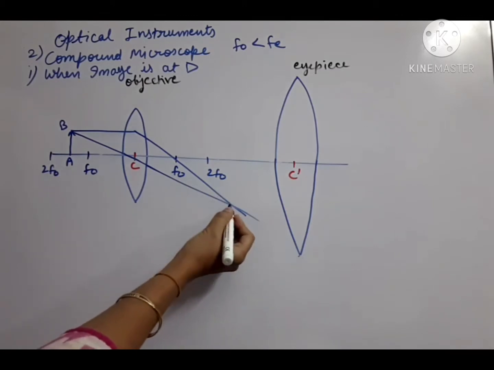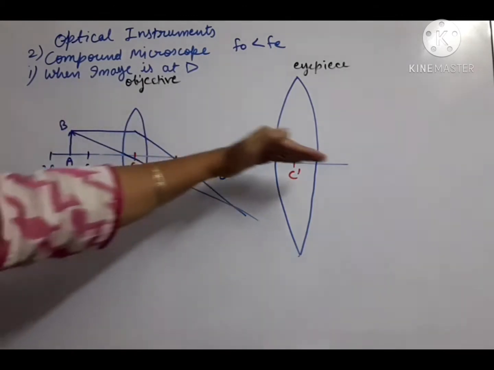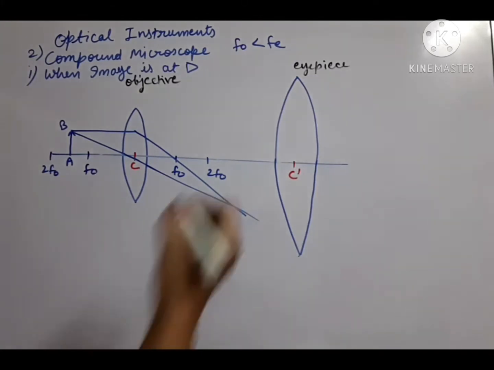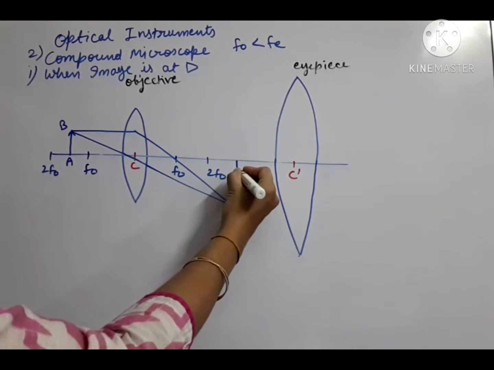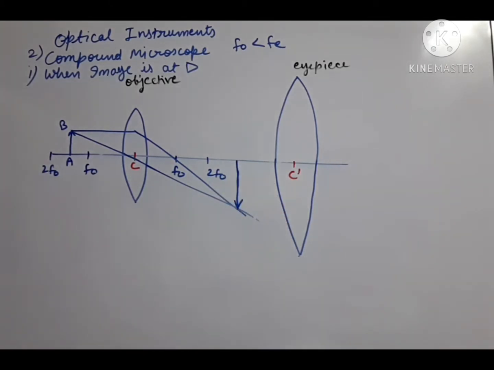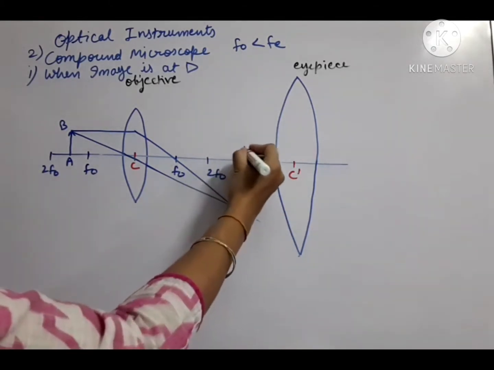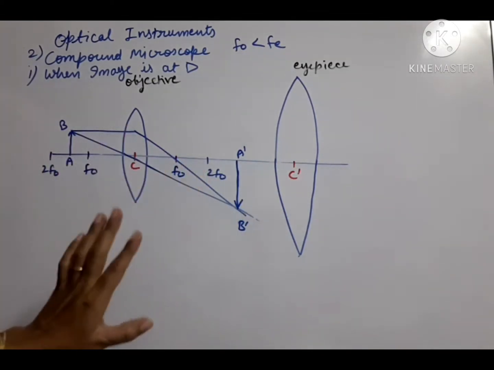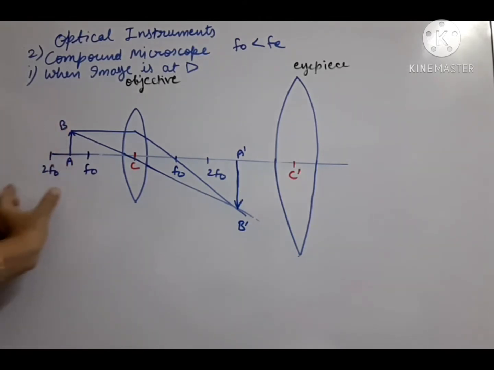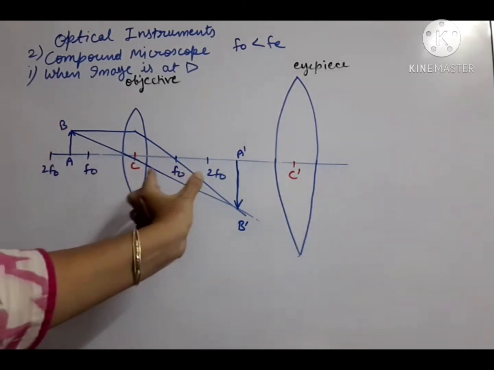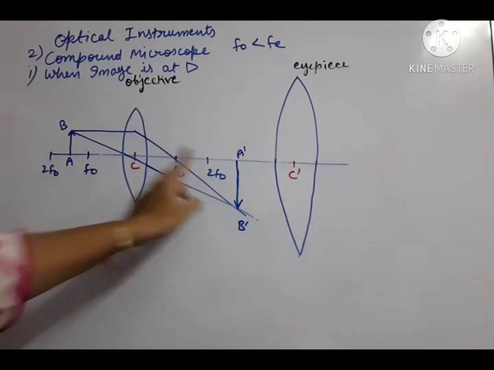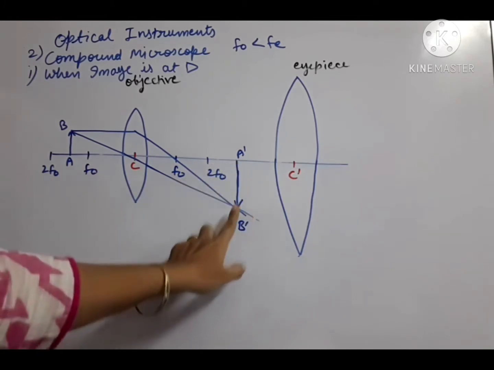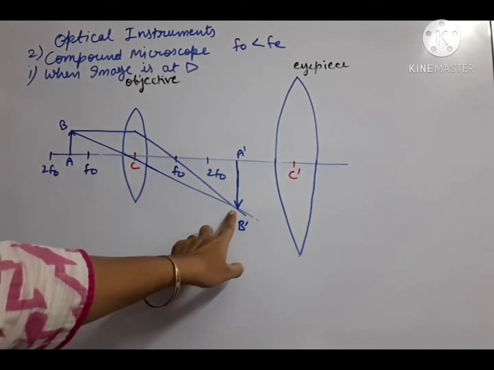You can see the rays are meeting below the principal axis. This is the principal axis. So below it the rays are meeting. That means it is an inverted image. So we will complete the image diagram of the first lens. This is the image formed here. We will name it A dash, B dash. That means the role of the objective lens has been completed. One small object was there, it was between F and 2F, and as is the rule for a convex lens, if the object is kept between F and 2F, then the image is formed beyond 2F. You can see that the image is formed beyond 2F.